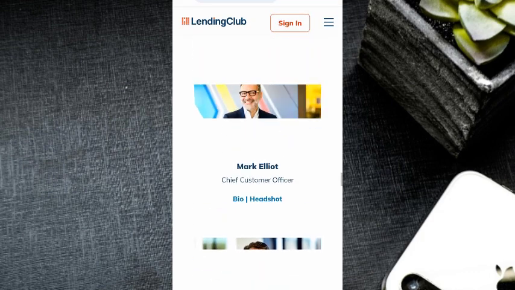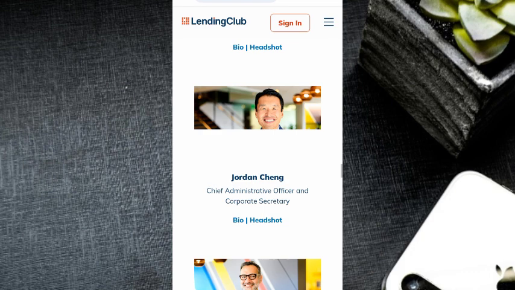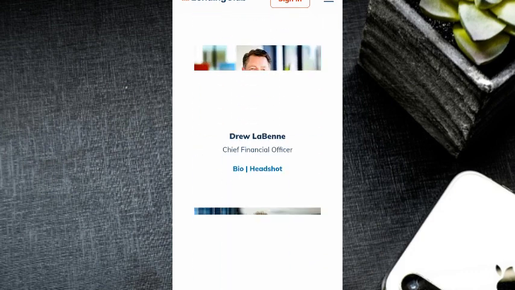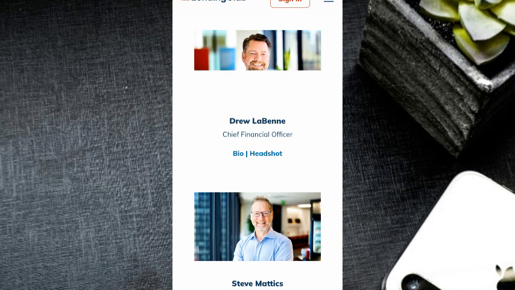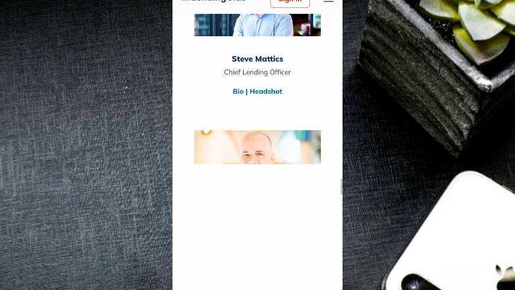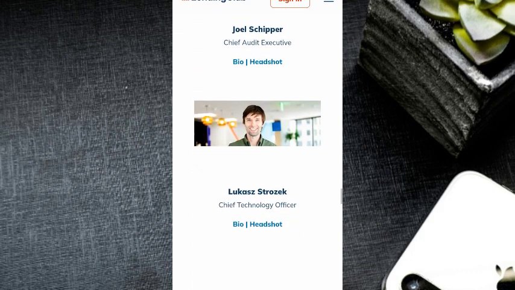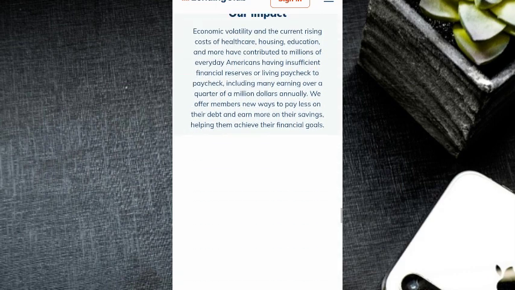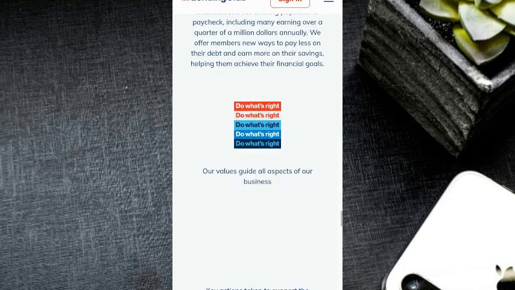Start by opening the Lendingclub app and then navigating to your savings account, and then you're going to look for the option that's labeled transfer or savings rules. From there, you can choose how much you want to move, exactly how often you want it to move, and on which specific days. For example, you might set a rule to move $50 every Friday or a percentage of